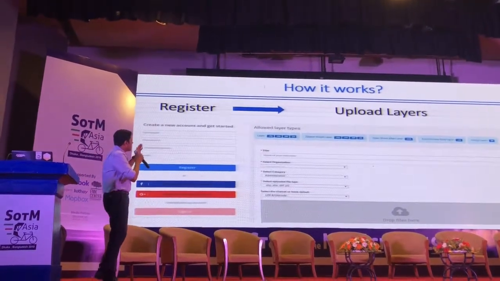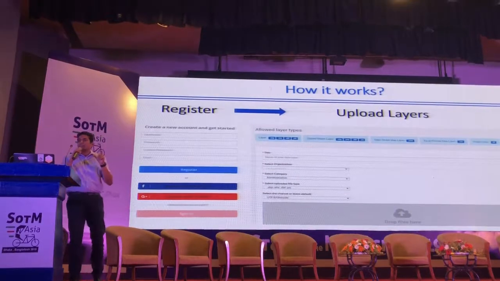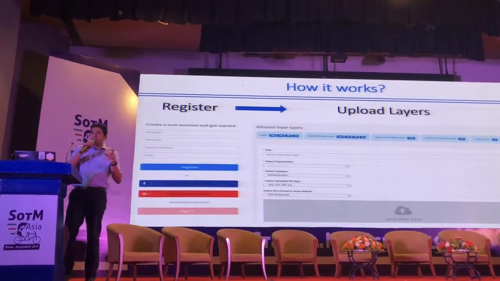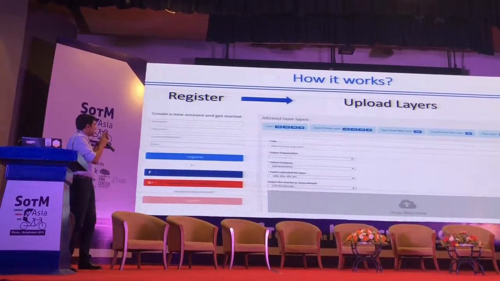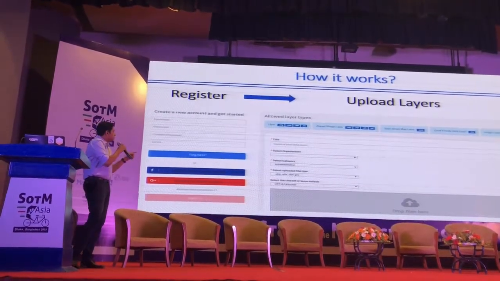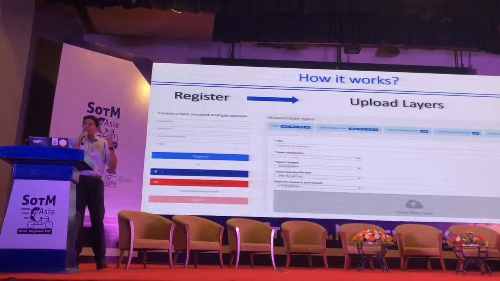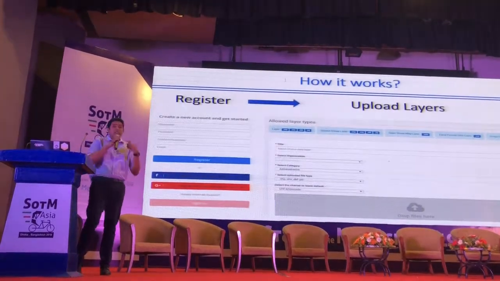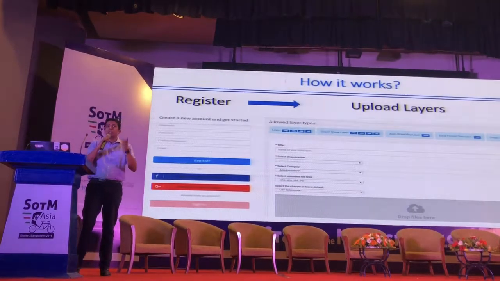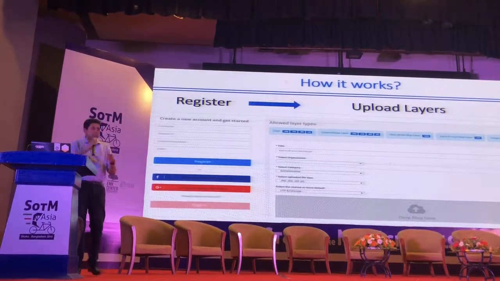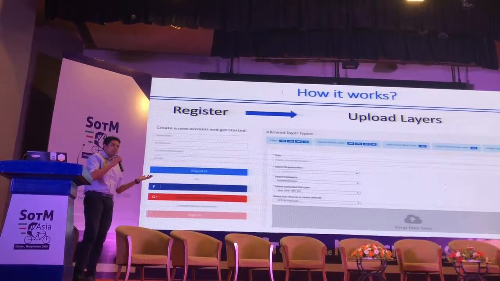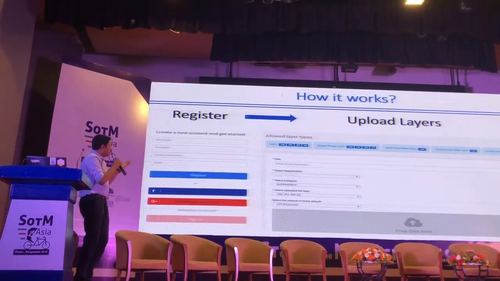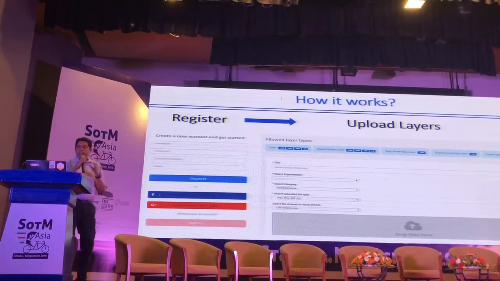You have to add some basic information before uploading it, because metadata is very important to us. You have to use the title, the organization from where you got the maps, so that you can also give a source when you download it for your own purpose. Select a category like administrative boundary and different types of category, and what type of shapefile you are uploading.